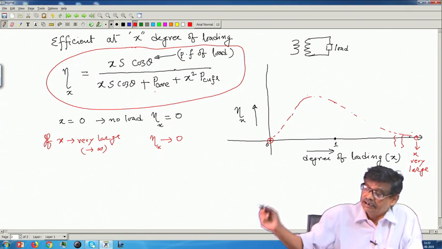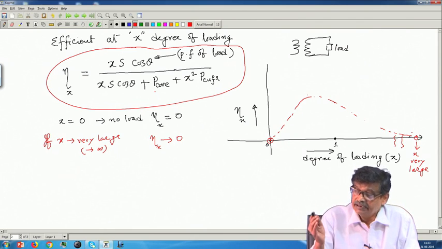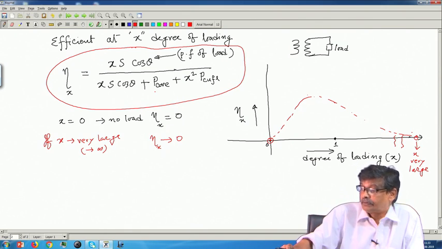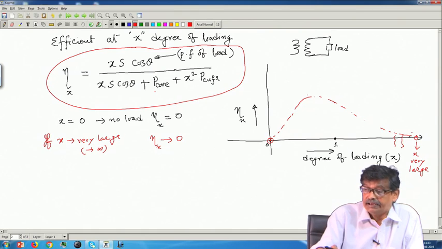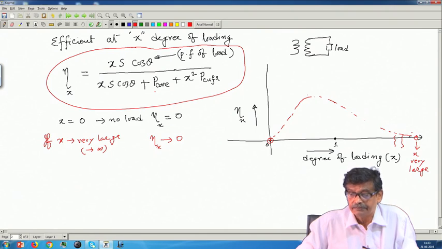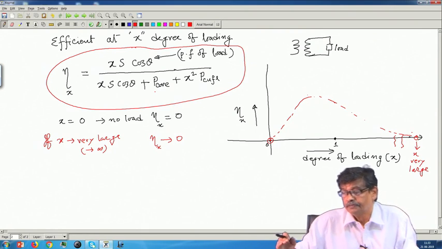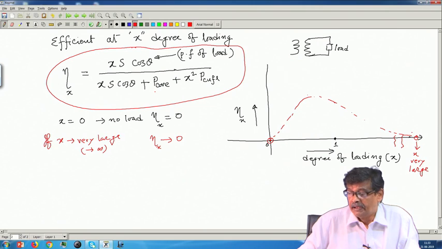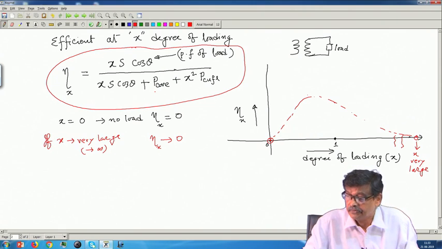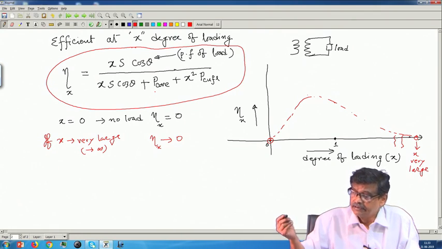So, it is expected this curve will be something like this here. Is it not? It has to be. Therefore, efficiency will rise, then finally it has come to once again 0 there, and it is a very reasonable expression of x, function of x, no complications. Therefore, it will be sort of a smooth curve, and I would then expect the efficiency to rise initially, and later it will start decreasing, becomes 0.